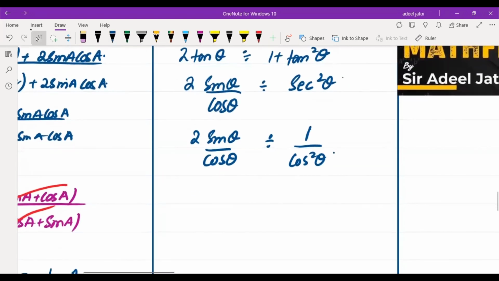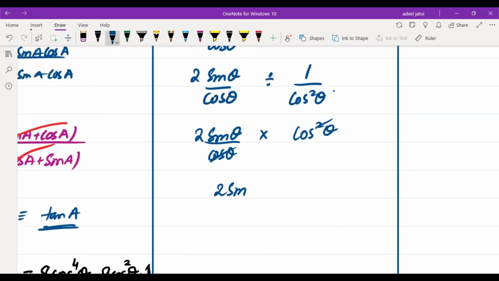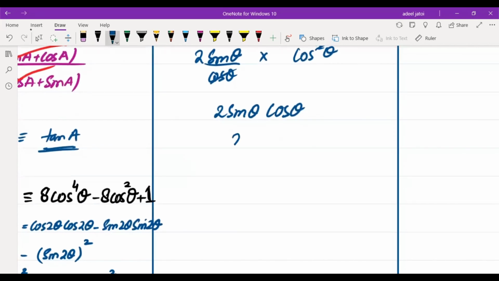Now, since I can reciprocal this, 2 sin theta upon cos theta multiplied by cos square theta. So cos and cos square is cancelled. You are left with 2 sin theta cos theta, and 2 sin theta cos theta is sin 2 theta. So this is proved